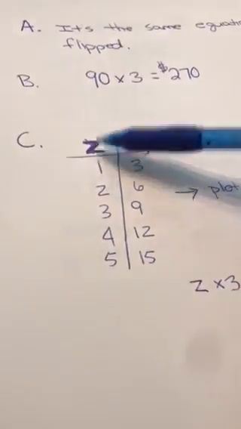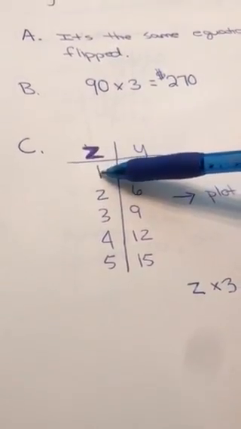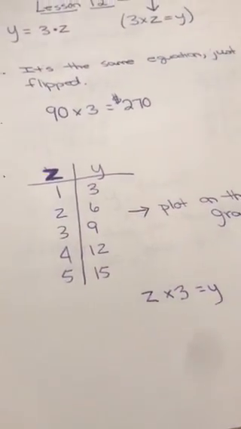All right, remember we said that on our table, for Z, we're using the starting numbers of 1, 2, 3, 4, 5. So we have to show that down below. So I'm going to go 1, 2, 3, 4, and 5. Okay, and then over here, we showed our Y, and we went ahead